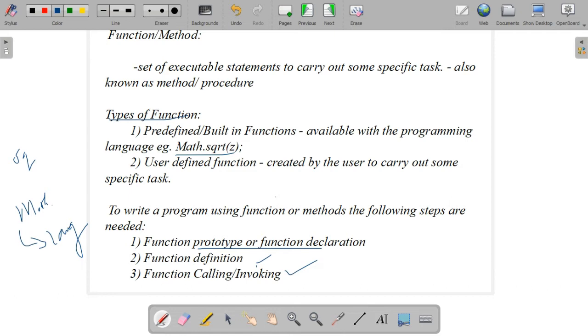First, we have to write the function declaration, otherwise known as function prototype. Second is the definition, what the function has to do. That entire statement has to be written in that particular definition. Then, in another method, if you want to call that defined method, that is known as function calling statement or function invoking statement.